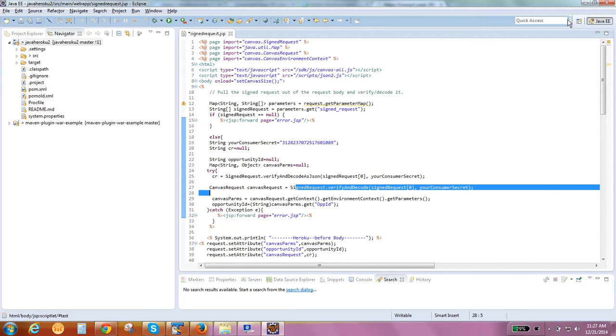What is going on? Slowly, slowly, keep going.